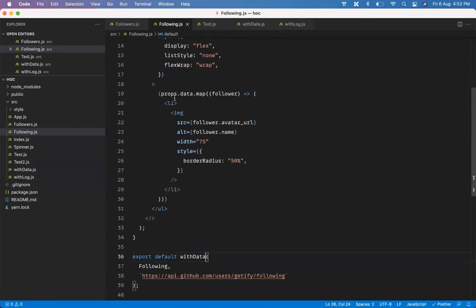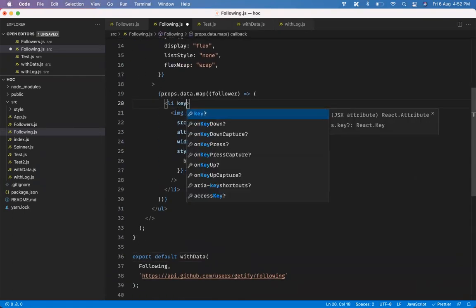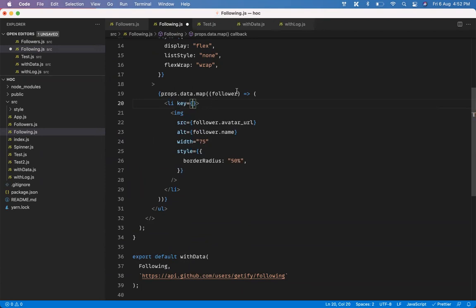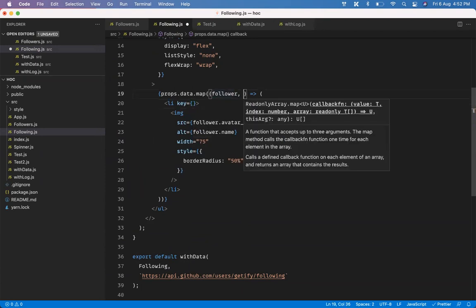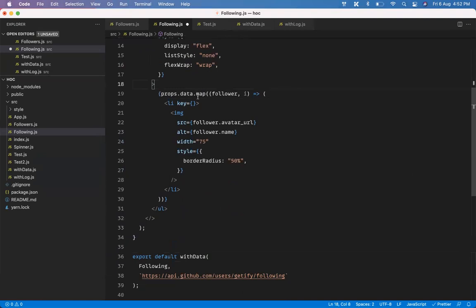Here the error being thrown is that you don't have a key. So let's go ahead and put a key. And Onkar, can I just get an index and put that as a key? Is that a good thing to do? No. But the answer is not always no. Okay, here you can do it. Let me tell you why.